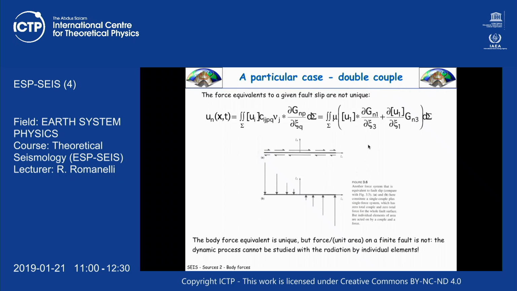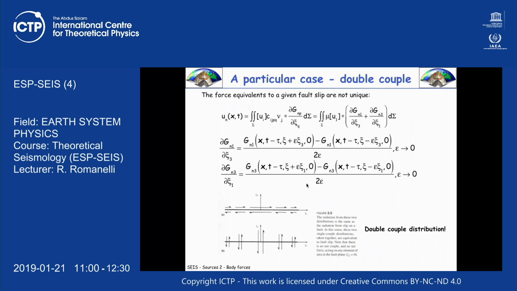Okay? The one that I prefer, that is the more intuitive, is this one. We can imagine to have a set of double couples instead of a fault and a slip in this direction and in this direction. Okay? We have a set of double couples with moment that will be 0, 0, and maximum where the slip is maximum. Okay? But we have many ways to represent it. All of them are fine. But